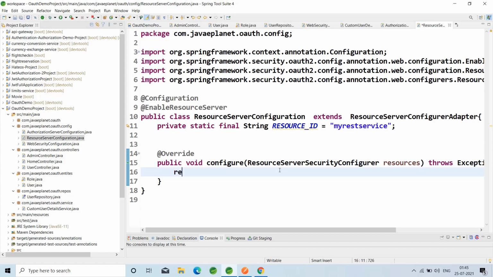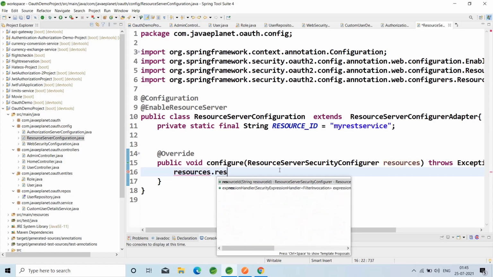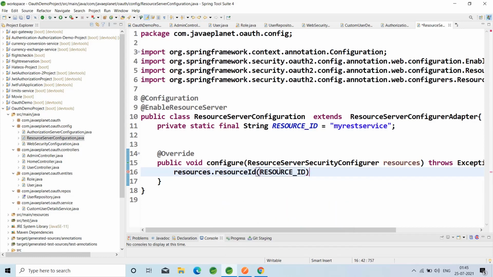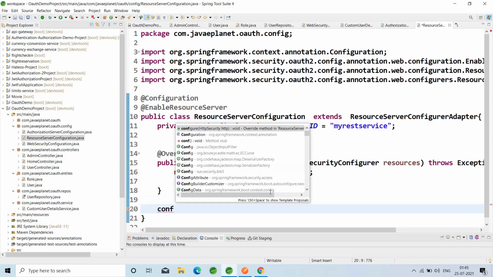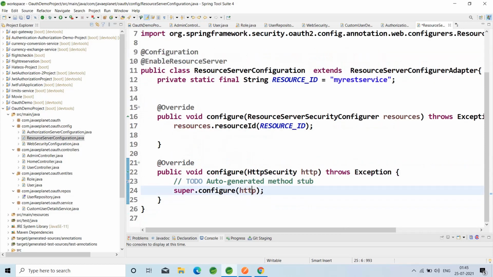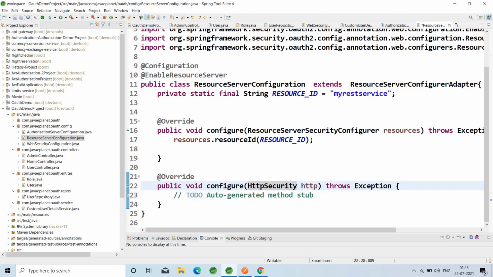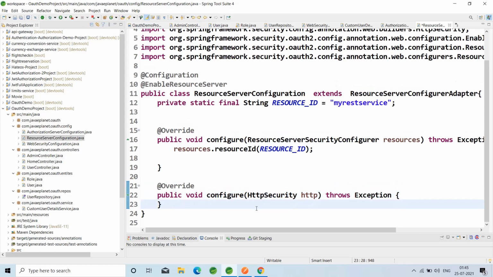By using resources.resourceId, pass the resource ID, which is a constant. After this, override another configure, which takes the HttpSecurity as a parameter, and remove the to-dos.